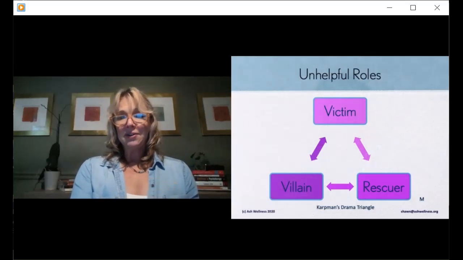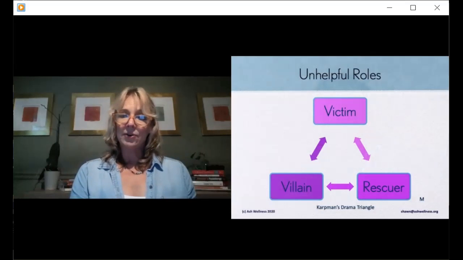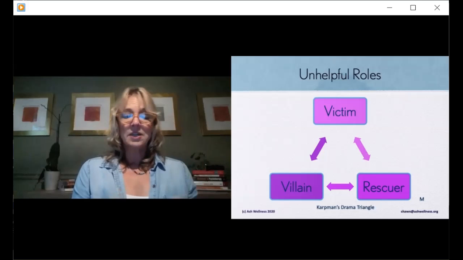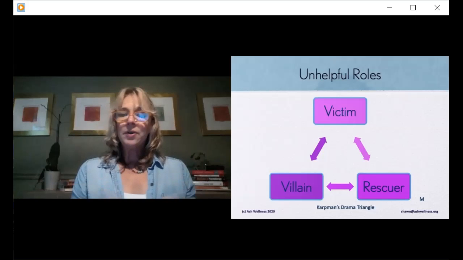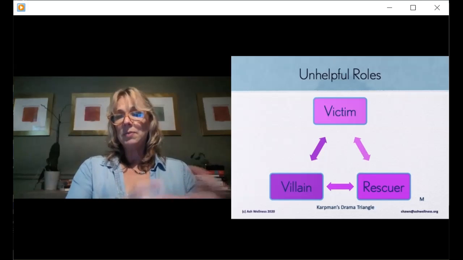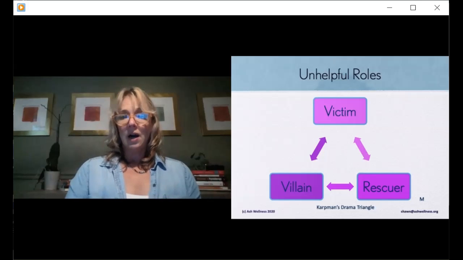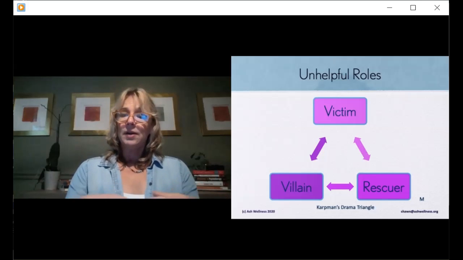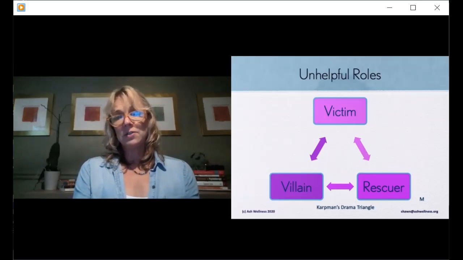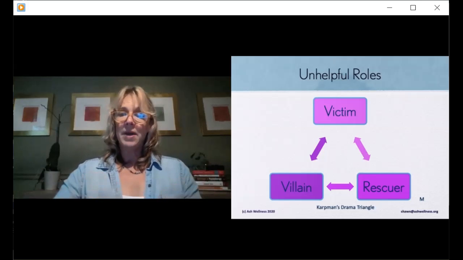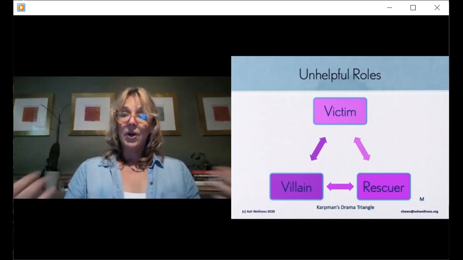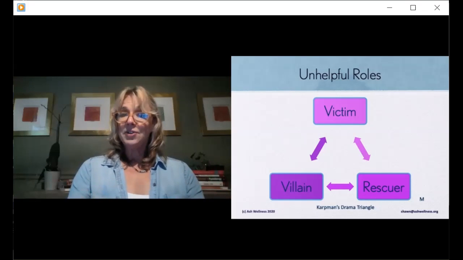When we have a past that came from a house of power and control, there tends to be a lot of drama, right? There's a villain, there's a victim, and there's always someone who needs to come in and rescue whoever that is. As a care provider, as a service provider, sometimes the people that we serve can pull us into those roles accidentally through their adaptive behaviors, right? It's a tough place to be, because many of us who enter into service roles of helping other people, guiding other people, find it very easy to fall into the rescuer role.